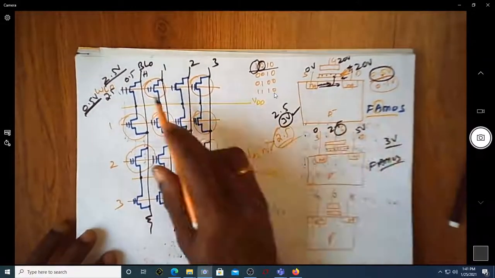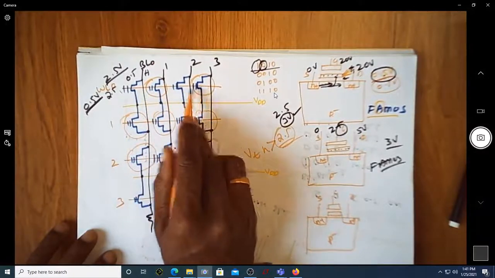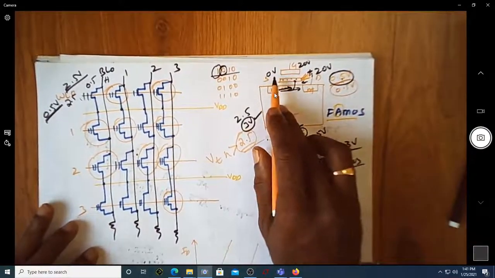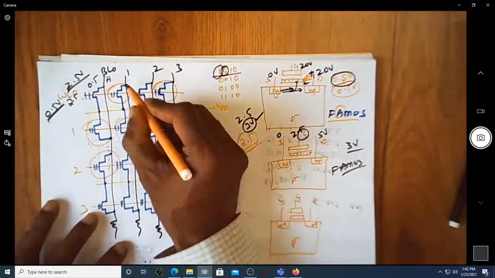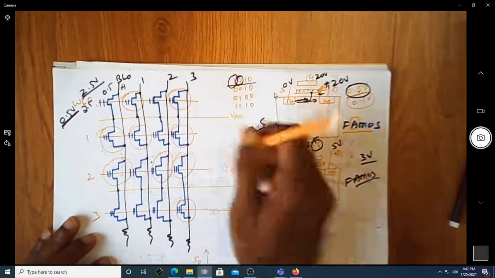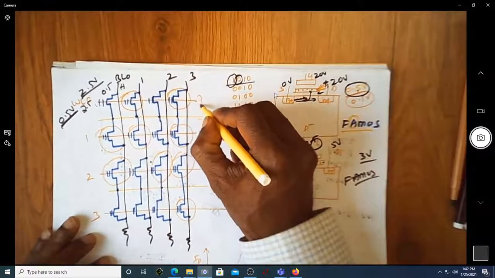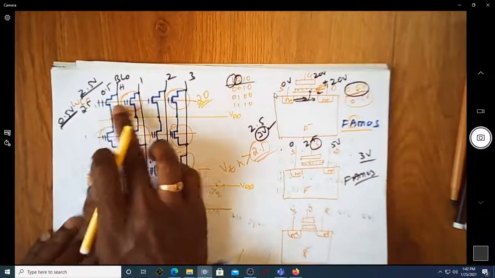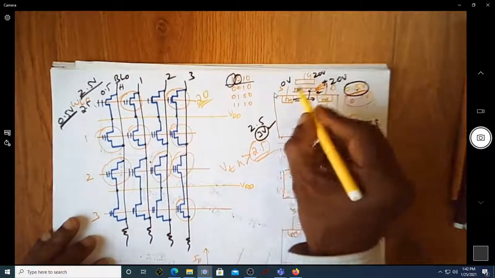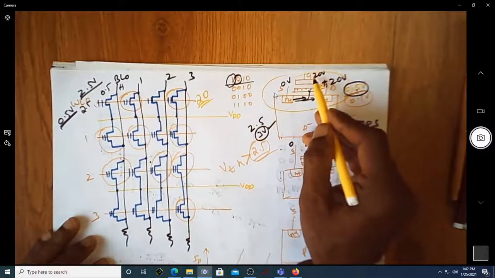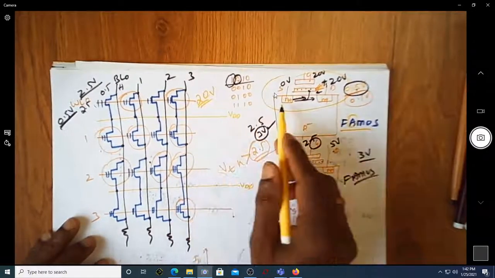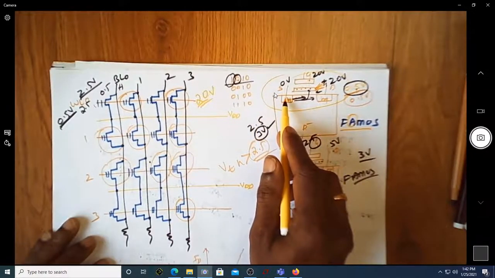So let us see how I make this particular first row of transistors with different voltage. As we know here, this is the gate. You first make this equal to 20 volt. I have made this equal to 20. We want to make the threshold voltage of this more than 2.5, this also more than 2.5, for which the condition is this: I want to make the gate of that particular set of transistors 20. So you make this equal to 20 volt, which is made here, and you make the ground of that particular